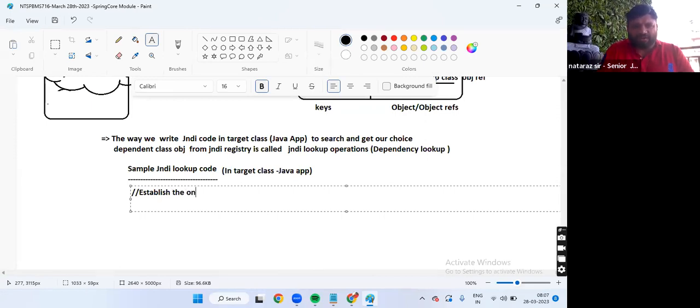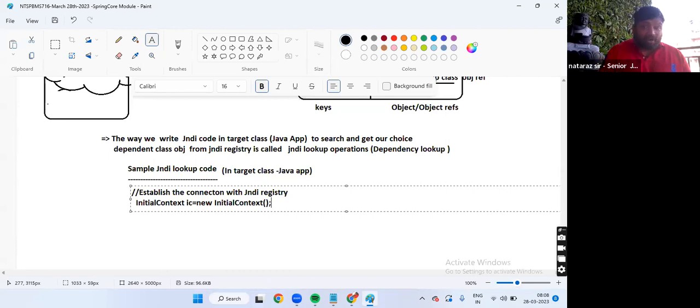Establish the connection with the JNDI registry. We have a class called InitialContext: IC is equal to new InitialContext(). This will take care of establishing connection with the nearby JNDI registry. You need not mention location, port number, anything. It is responsible to establish the connection with the nearby JNDI registry.